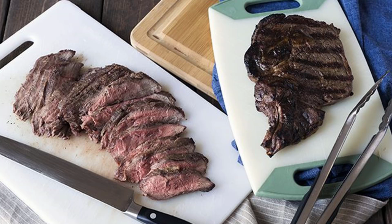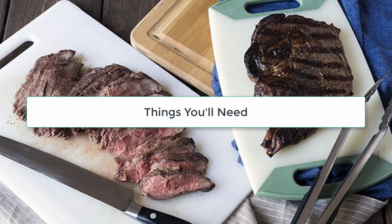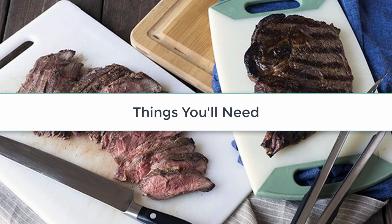Many different cuts of meat work well on the grill, and they range from cheap cuts to pricier steaks. Let's examine how to cook cuts from each end of the price spectrum: a flat iron steak and a bone-in ribeye. Things you'll need: